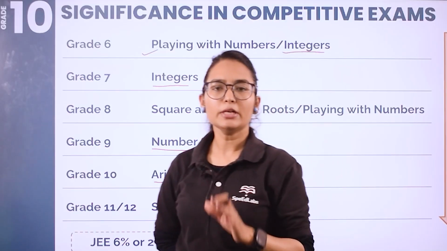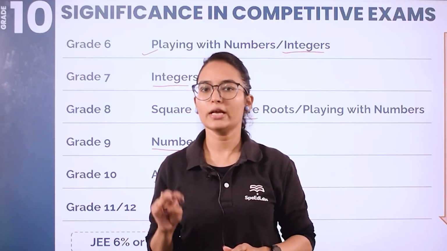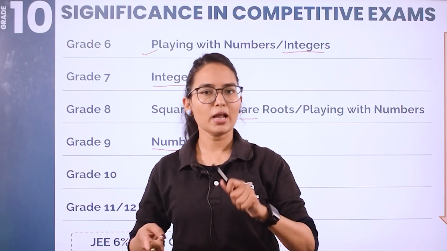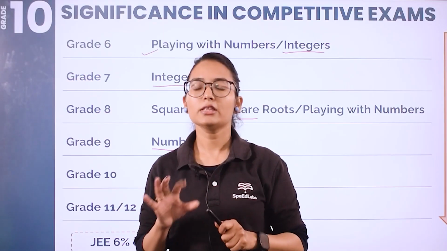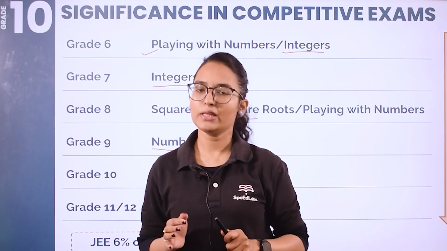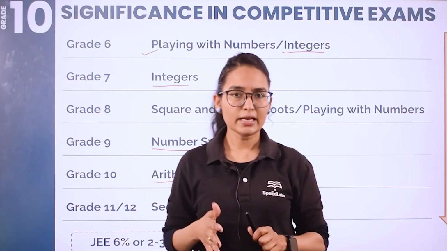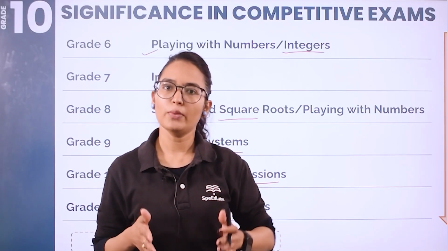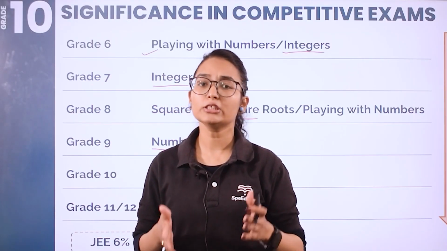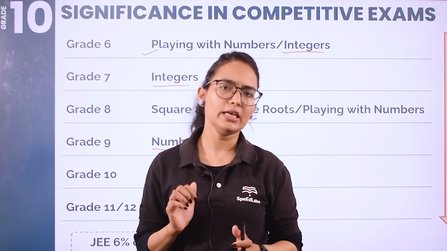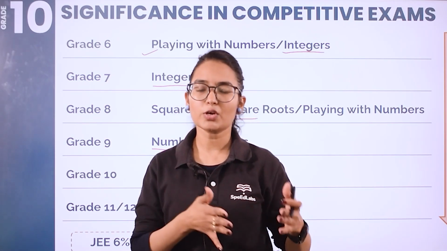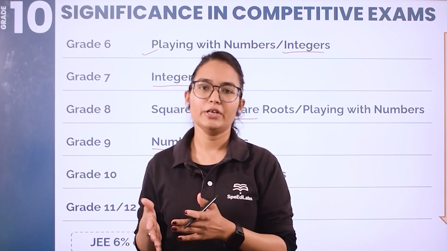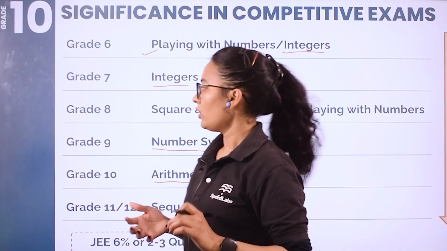This is a very simple chapter because only two formulas are there. Sum of n terms formula and how do we calculate the nth term of an AP, that formula. But the thing is, so many varieties of questions can be framed from those two formulae only, right? So that is why students feel it difficult, but it is a very, very easy chapter as compared to your triangles and other geometry chapters, circles and all that, right?